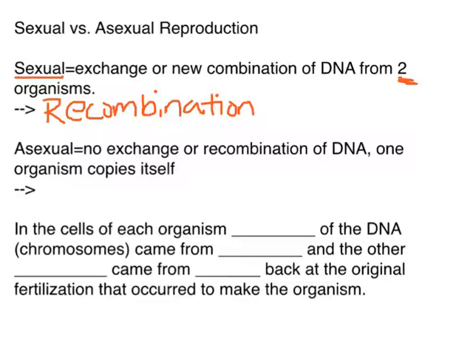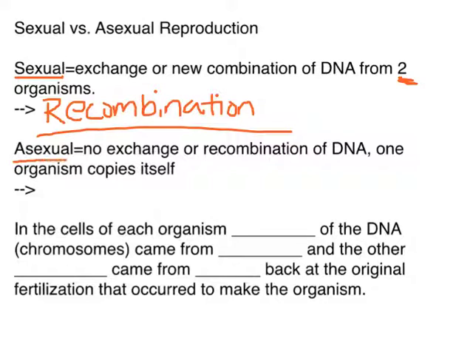The new combination is what you get with human sexual reproduction, where a sperm and an egg come together and combine and form a cell that has half of the DNA from mom and half from dad. Not all organisms that reproduce sexually do that. Sometimes they simply exchange pieces of DNA and then divide after that, and that's still considered sexual because the cell that results has this genetic recombination.